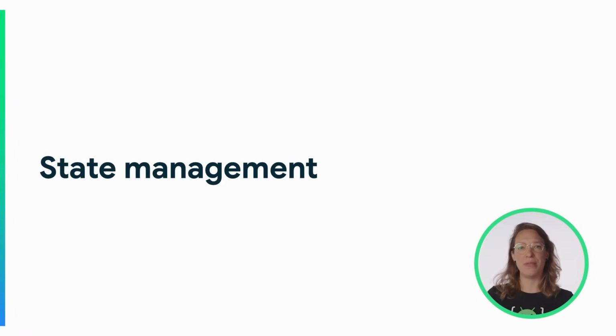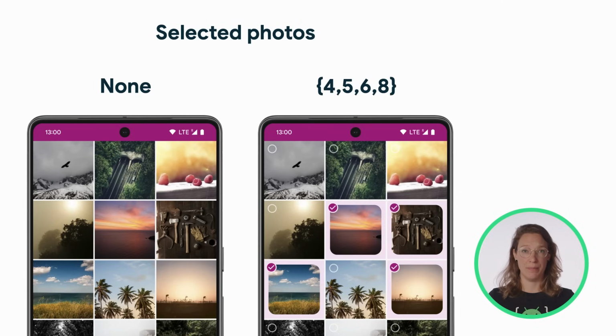Now, before we implement the gestures, I'd like to pause for a second and think about state management. That is, what state should we keep track of in our composable to correctly render our grid? At any given time, we will have a set of photo IDs that are selected. When there are no photos selected, like here on the left, this set will be empty. On the right, you can see an example where we have several photos selected, with IDs 4, 5, 6, and